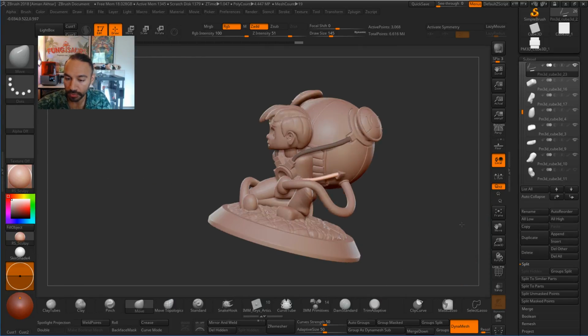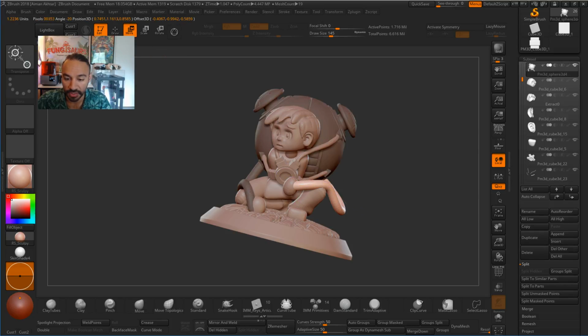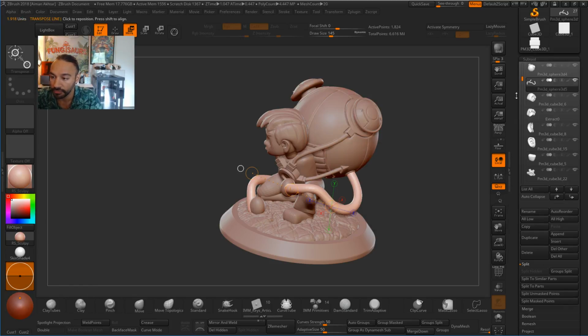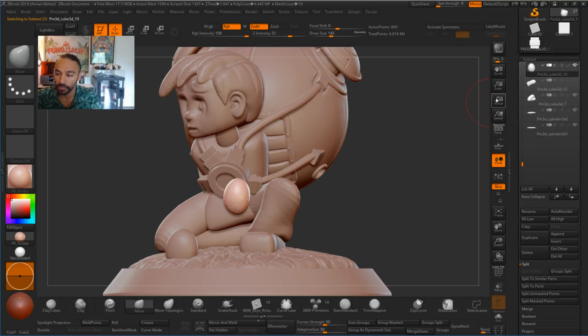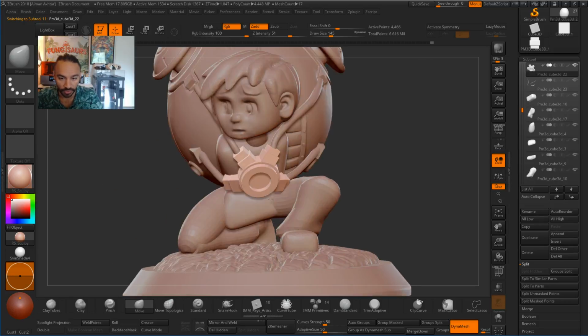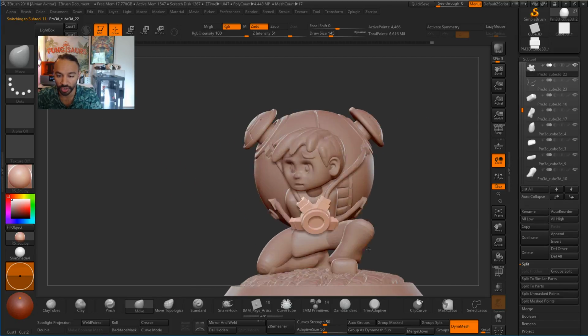Cool. Alright, that's looking nice. What I want to do is turn off a few of these other pieces. Let's select that, and that. Let's have these tubes live on their own subtool. I can turn them off. Alright, there we go. So now we've got all the tubes in place for where we want our straps, and